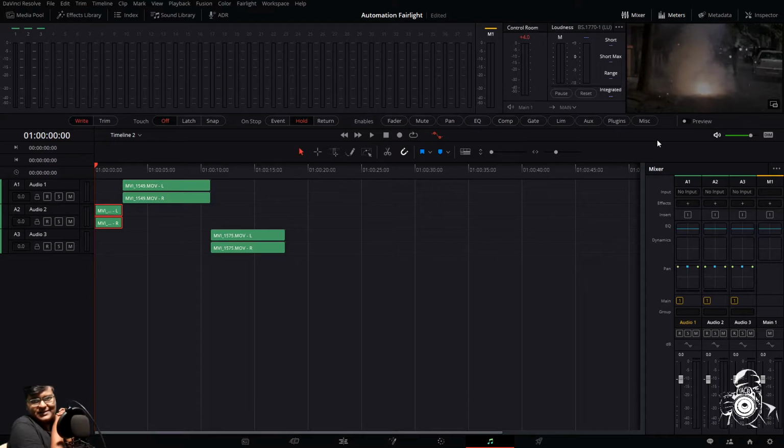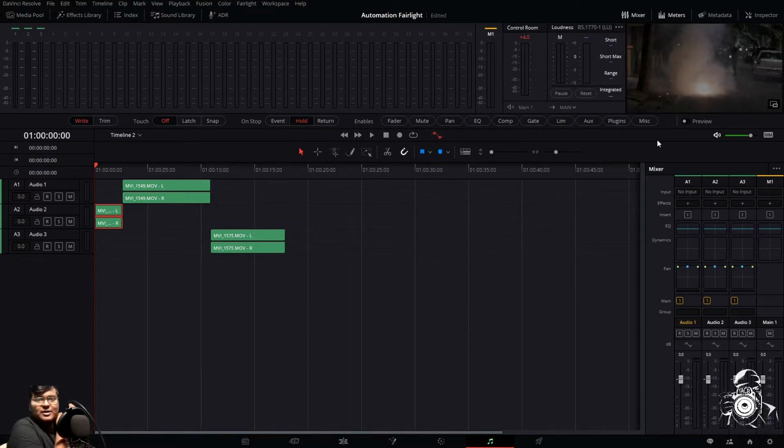So fader means it will automate track and bus volume, and mute means it will mute the button. Pan means all the pan controls it will automate. EQ means all EQ. Comp automates just the compressor controls in the dynamics window. Gate it to gate controls in dynamics window.